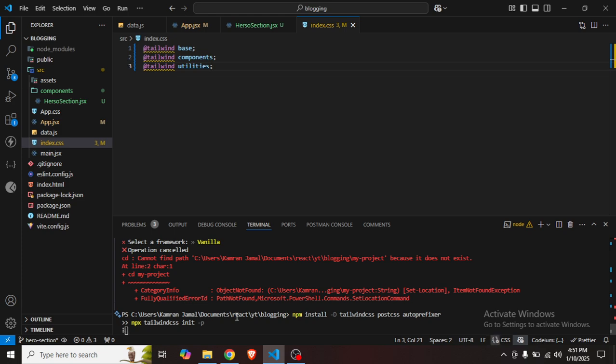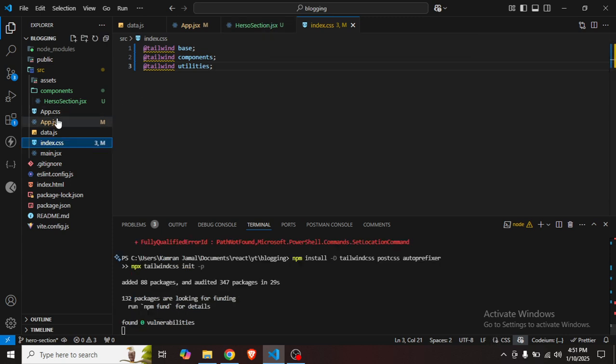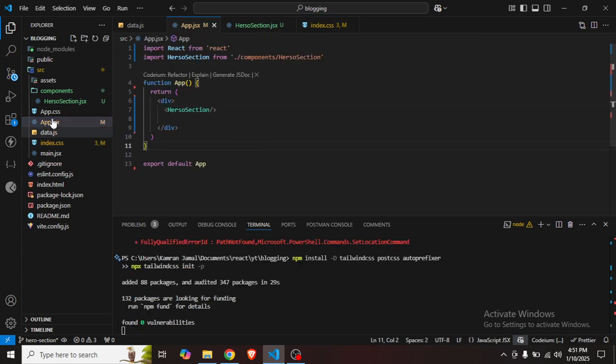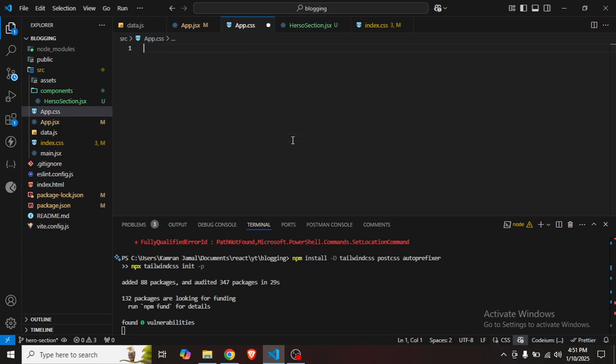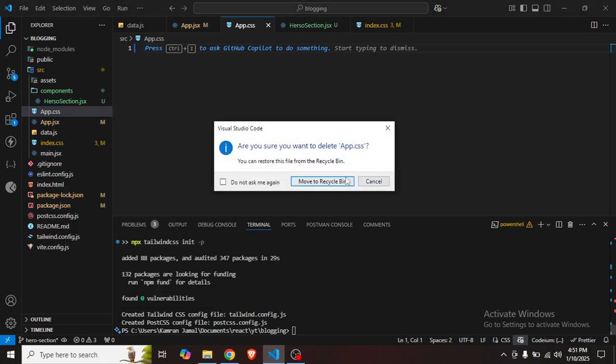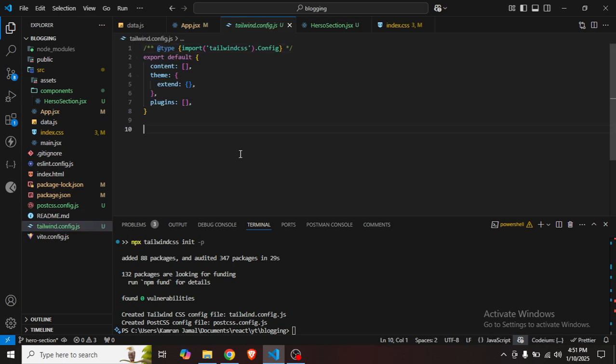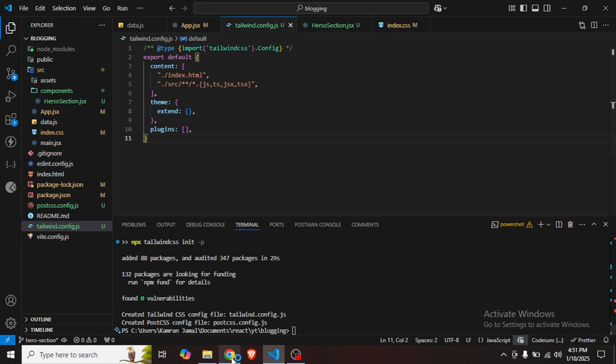So let's wait for this. So yes, I will also have to clear this App.css, not App.jsx. So here I clear everything, and I think I should delete this file. Yes, nice, good. And I will have to come to the Tailwind config file and replace it with this. Now here this content is saying that whatever is in these folders, apply the CSS of Tailwind on it. So here if I go and run the server again,